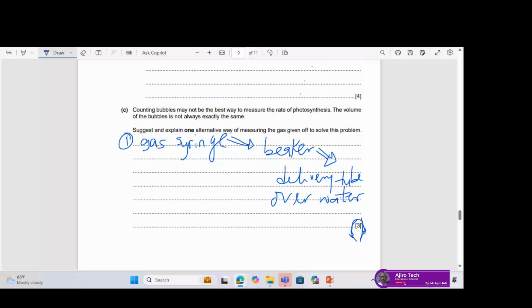You deliver the tube over water and use a